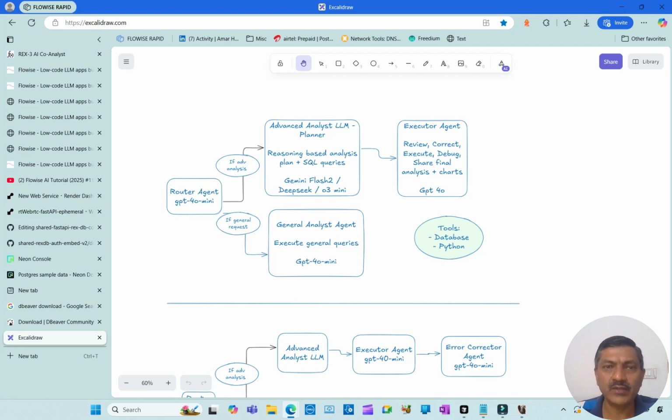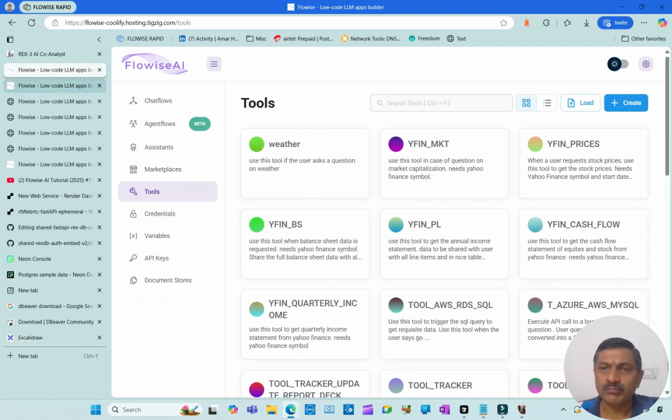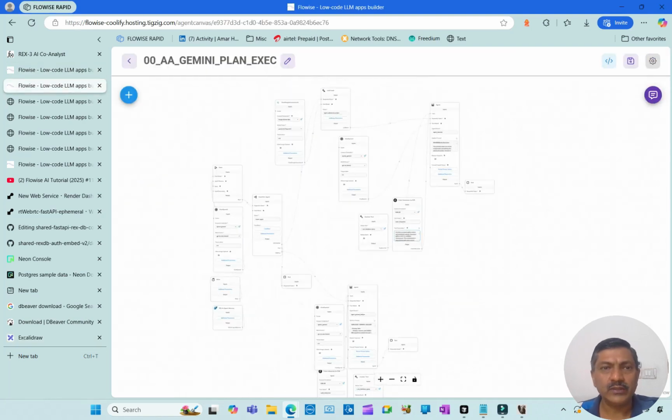So the basic concept is this is based on the sequential agent LangGraph and Flowwise. So this is the agent setup. So fairly quickly you will be rapid. It's rapid deploy, right? So